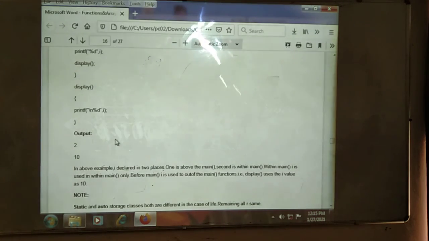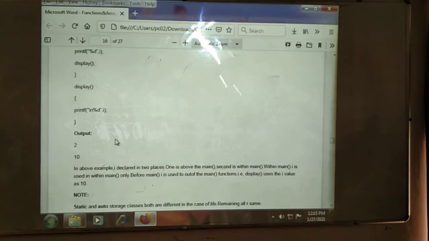When the first printf statement is evaluated, the I value displayed is 2. Next we call the display method. Control leaves the block and comes into the display method, and I accesses the global variable, int I equal to 10, declared at the start. That I value is accessed here. This is the way of declaring.